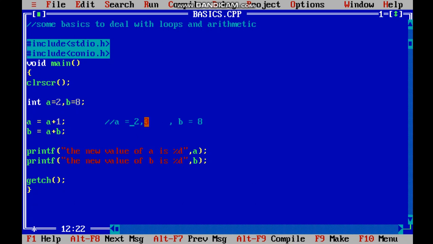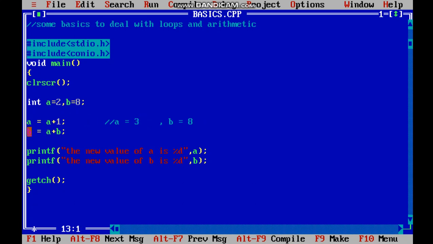Point to be noted, it can hold the value of itself after increasing by 1. A is equal to a plus 1 means its value is increased by 1. So now a value is not 2, it is 3.